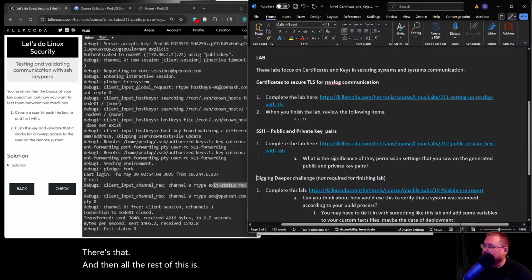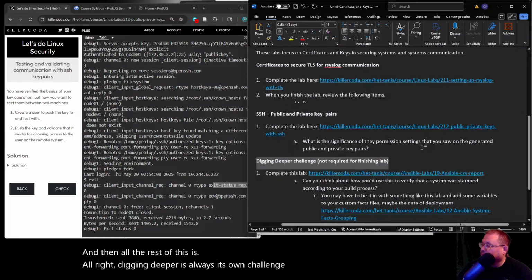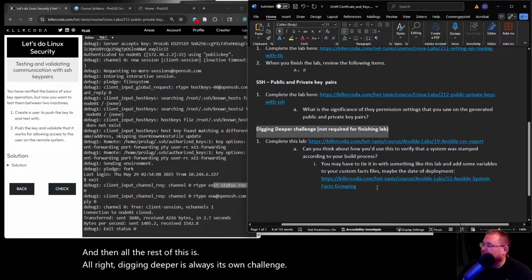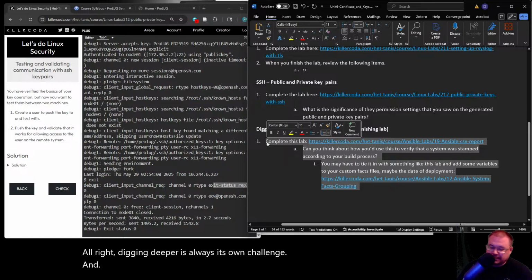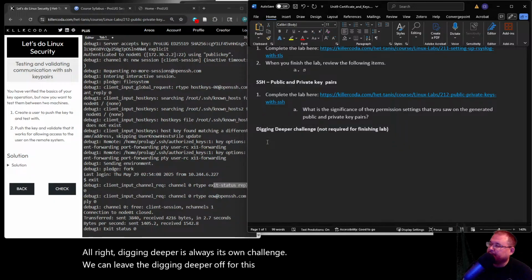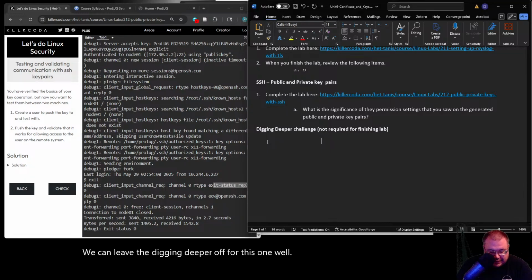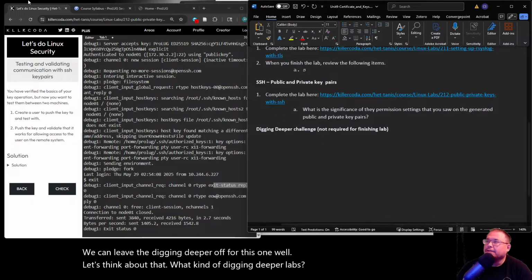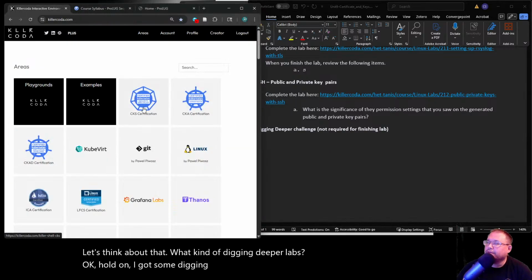all right. Digging deeper is always its own challenge. And we can leave the digging deeper off for this one. Well, let's think about that. What kind of digging deeper labs? Okay, hold on. I got some digging deeper labs that we can do.